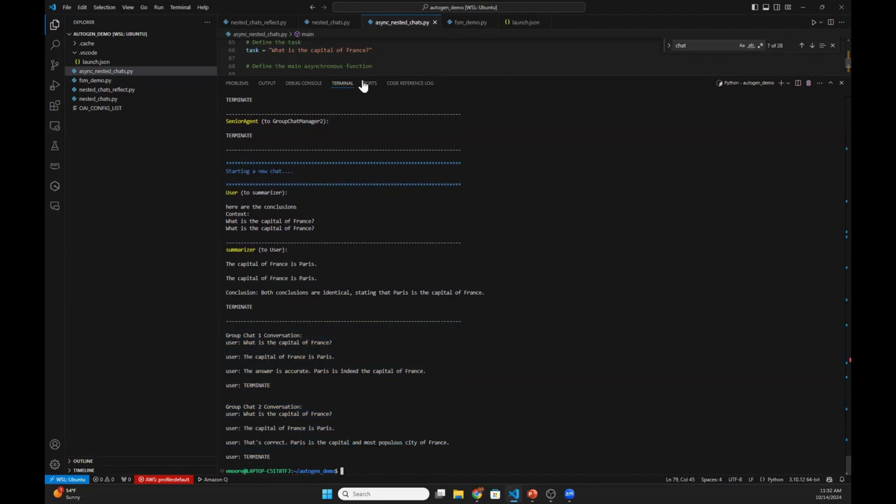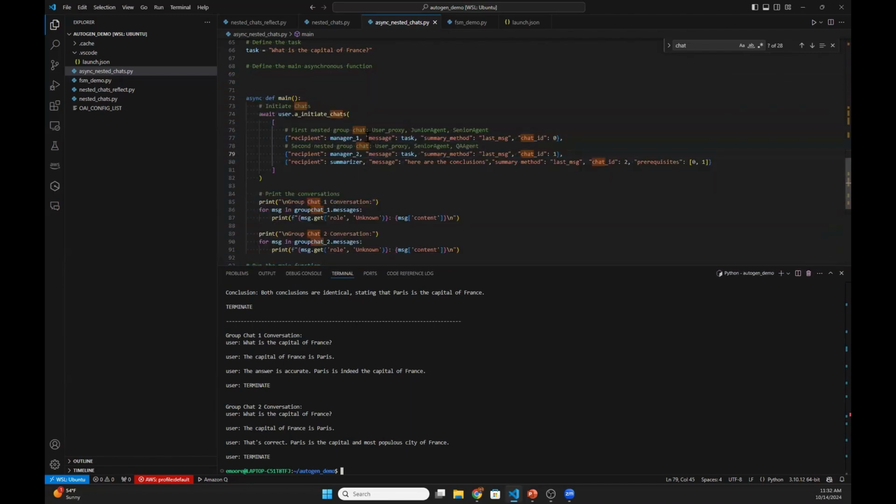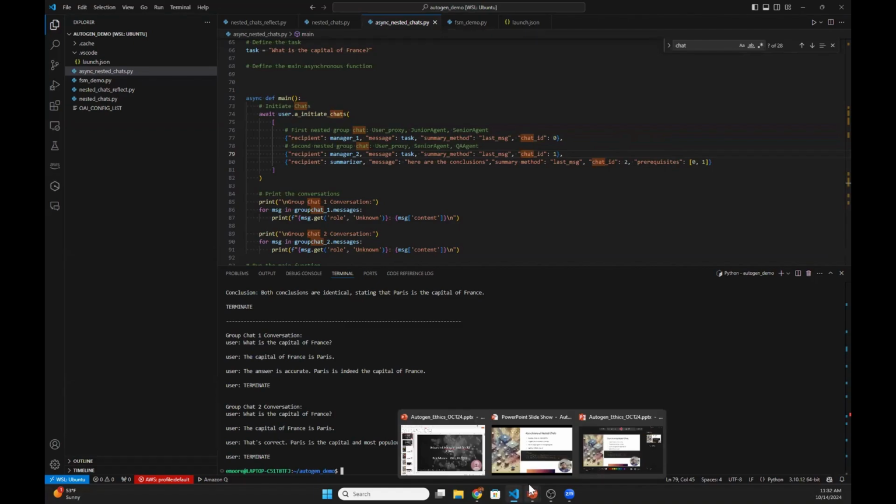So this allows for fan out, right? Here I could have any number of prerequisites, and I could have any number of chats and different queues even. This same kind of pattern could be implemented using something like AWS SQS or similar, or any queuing service. There's lots of different approaches, but this is an AutoGen native approach that I find very simple, elegant, easy to understand, easy to use.